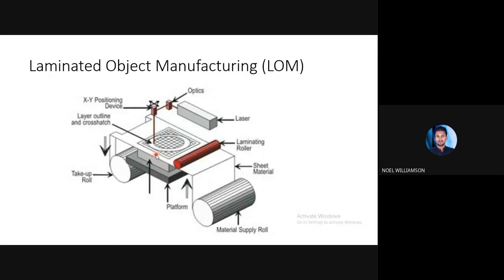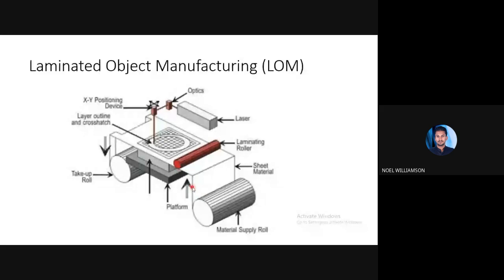So initially, we have the two rollers, and this is the material supply roller where this adhesive coated paper is rolled, and it is being continuously supplied to the portion. Here this is the platform above which the material is being created. Now we will see in detail what the main components are. So this is the first component, that is the adhesive coated paper.